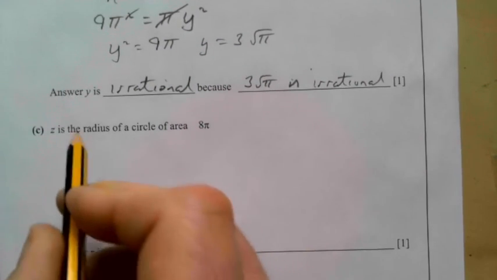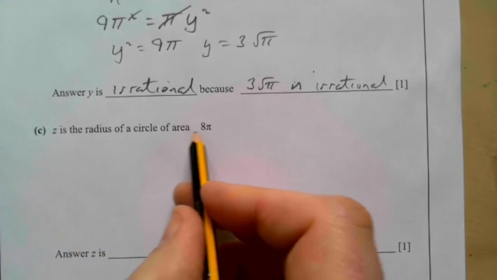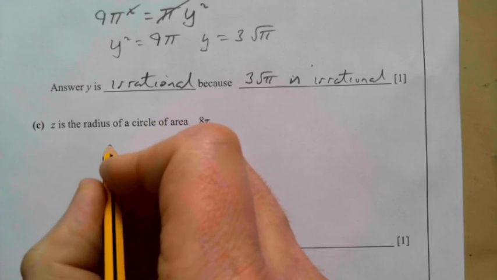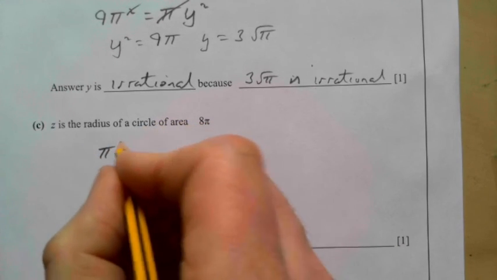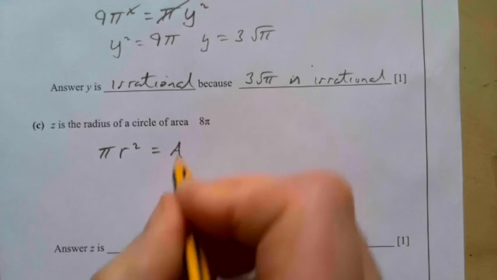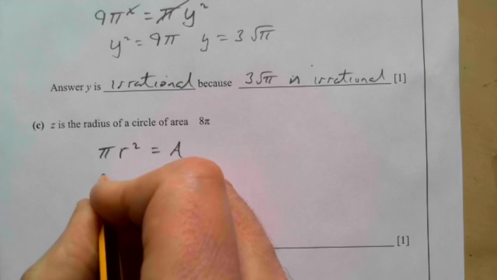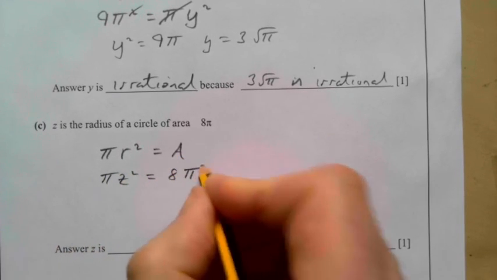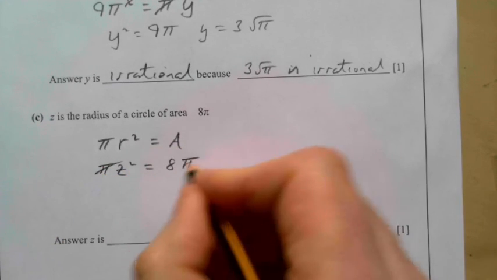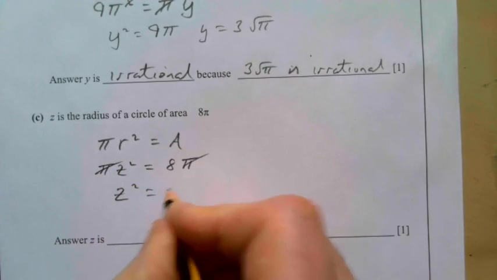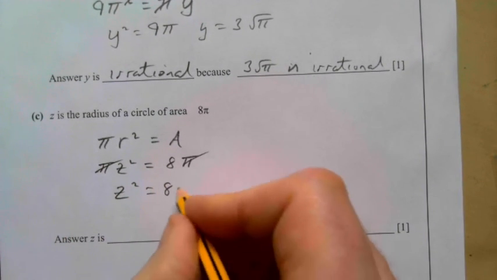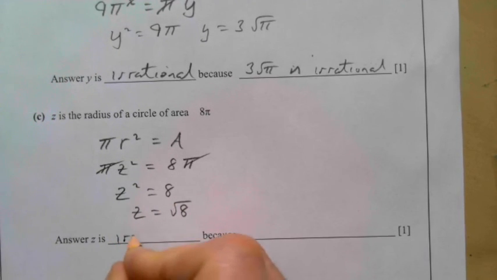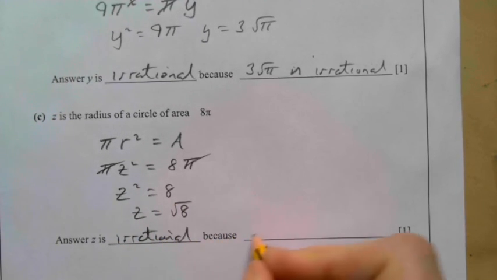Z is the radius of a circle of area 8 pi. So pi r squared equals area. Pi z squared equals 8 pi. The pi's divide. So I have z squared equals 8, but if you take the square root of 8, it's going to be irrational. So z is the square root of 8. So it's still then irrational, because root 8